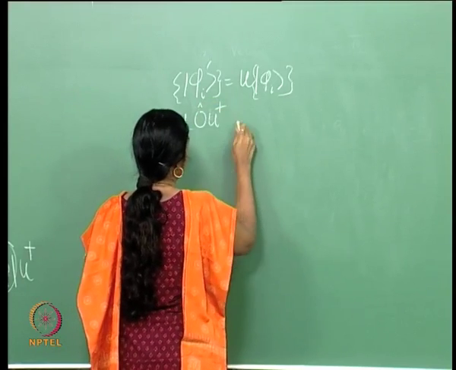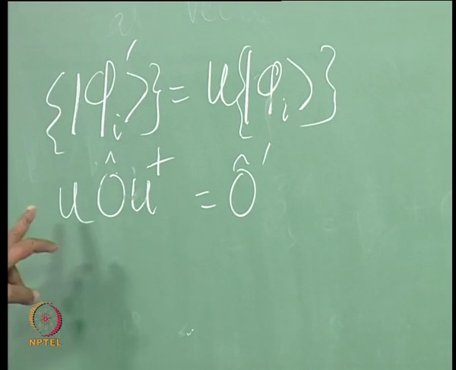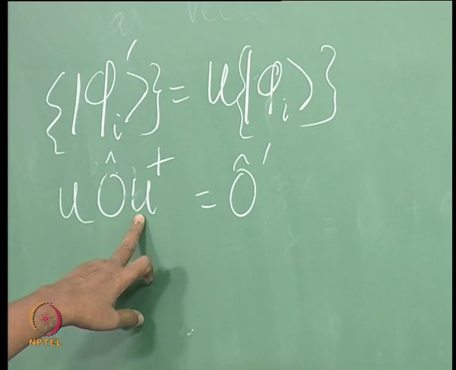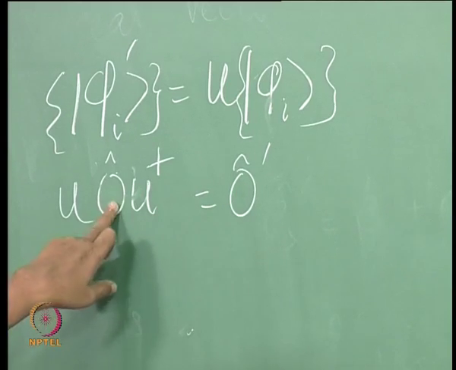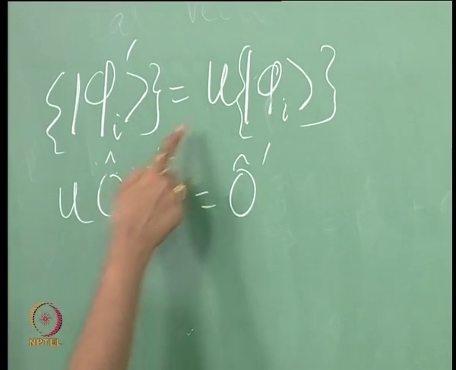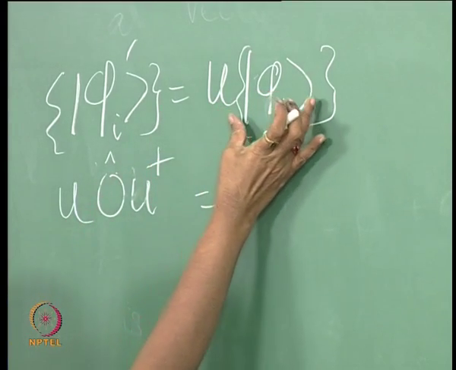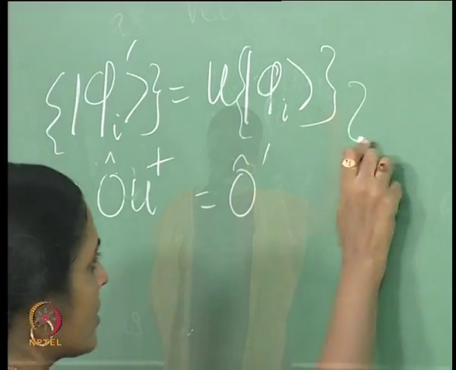If this is an operator, it goes to a new operator O prime. The relationship between the primed basis state operator and the unprimed one comes about in this manner, where the same unitary operator is used for both the transformation of the basis set and for the operators. Under such a unitary transformation or change of basis,